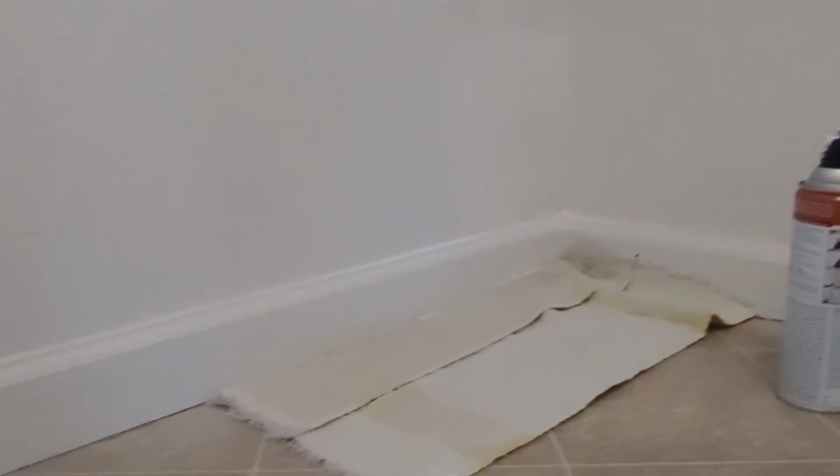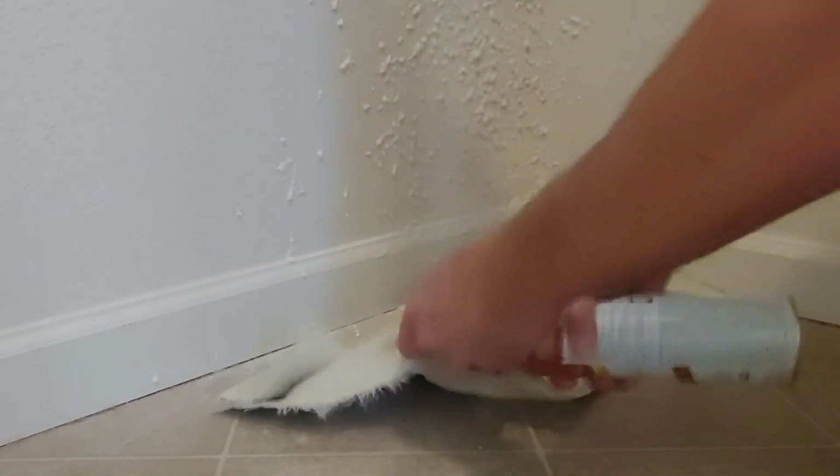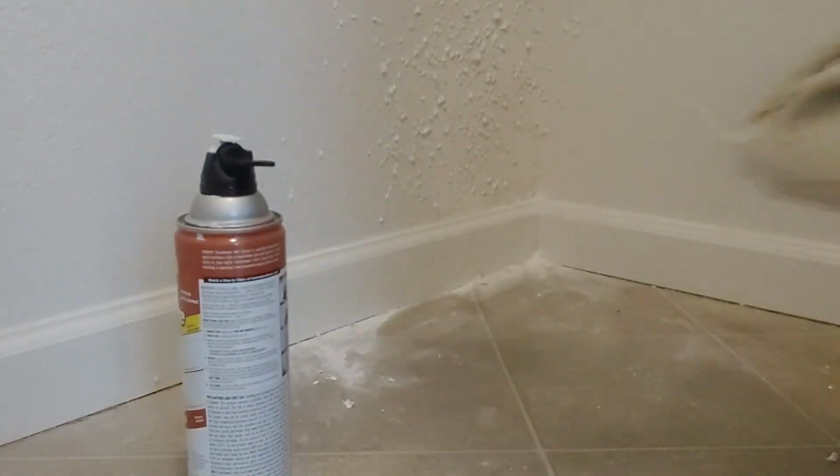Alright, let's give it some texture. So let's spray it. Give it some texture. Alright, while that dries, I should caulk